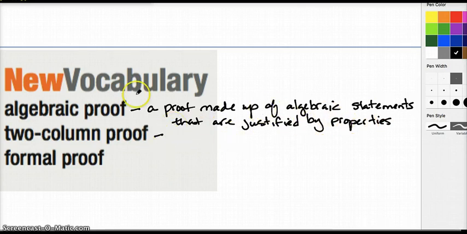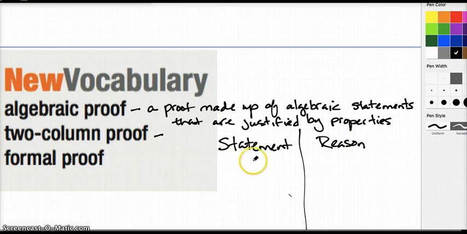And so a two-column proof is a style of writing proofs. It's different from our paragraph proof in that it's written as a true listing of a statement and a reason, okay? And your statements will be anything that you want to say leading up to an idea. It's going to depend on what we're trying to prove. Your statements are going to be a list of things that you want to say about the thing you're proving, and your reasons will